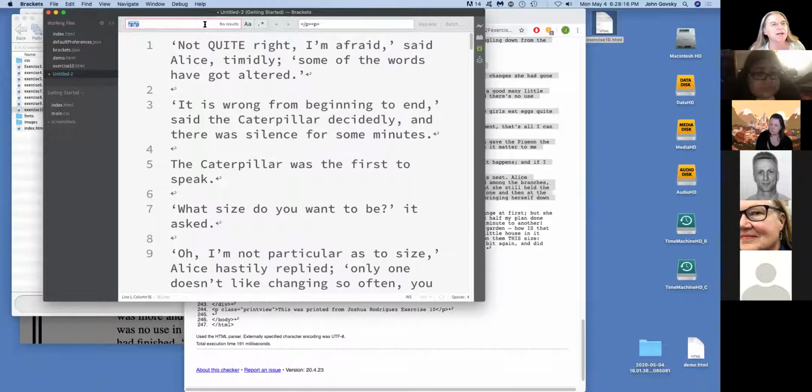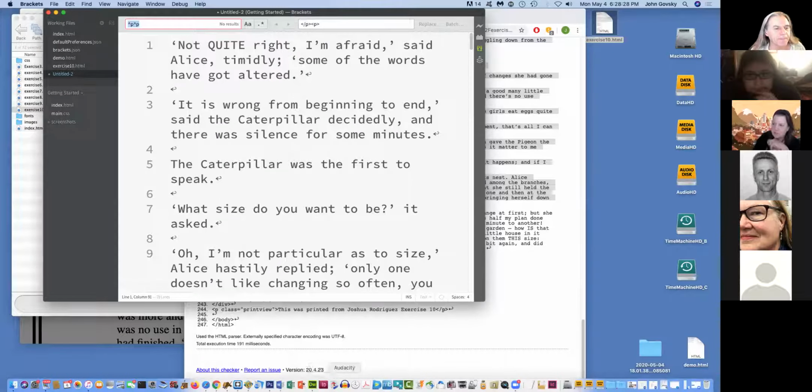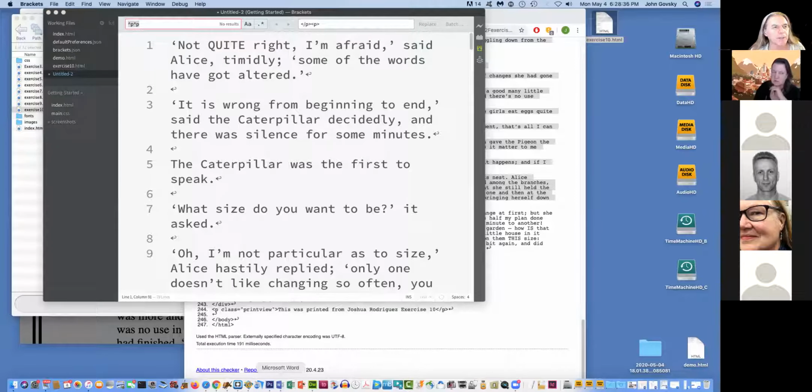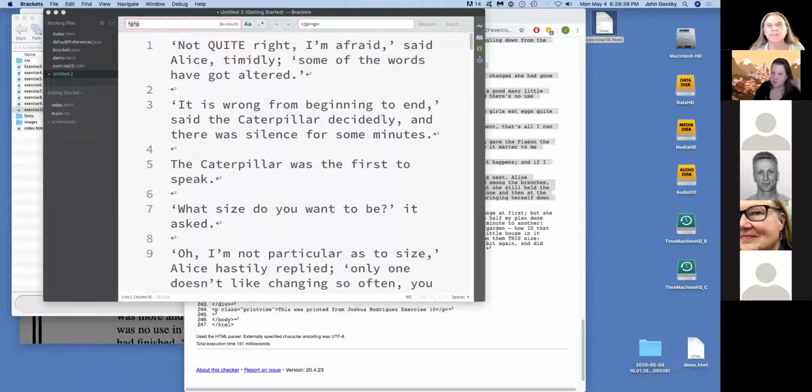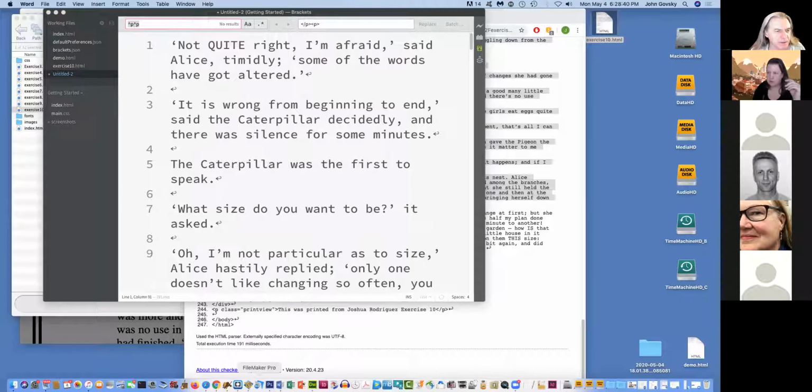No. So in this text editor, I would have to find out what it uses in terms of special coding for carriage returns. That's an end of line. That would be a different code in Word too, but I don't know what it is. I'm going to open up Word just to see, because they're two different things.